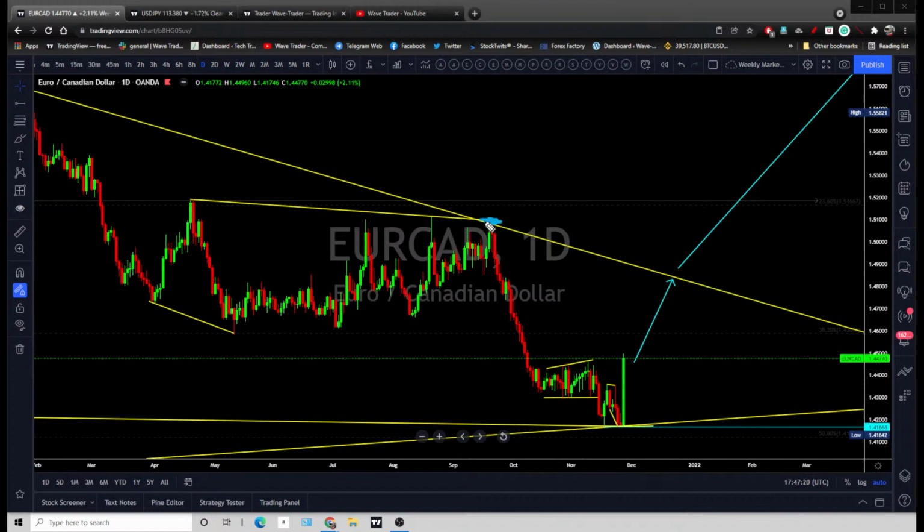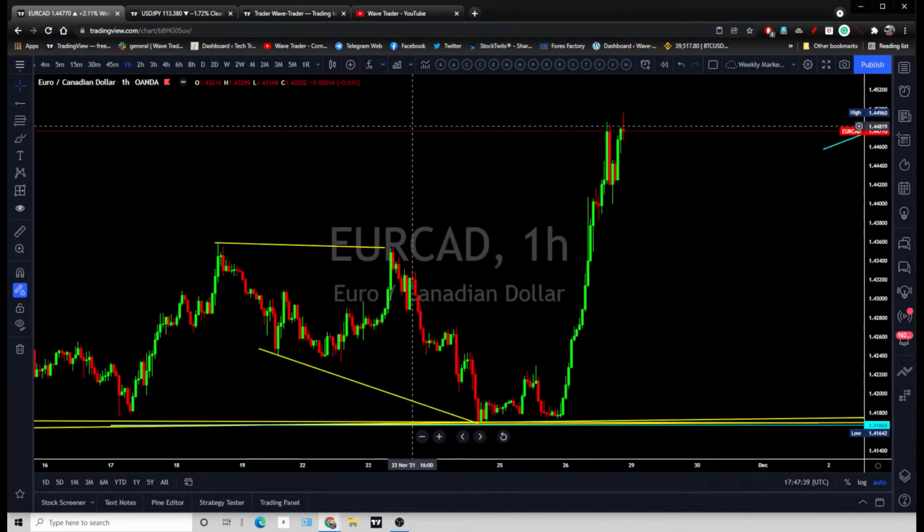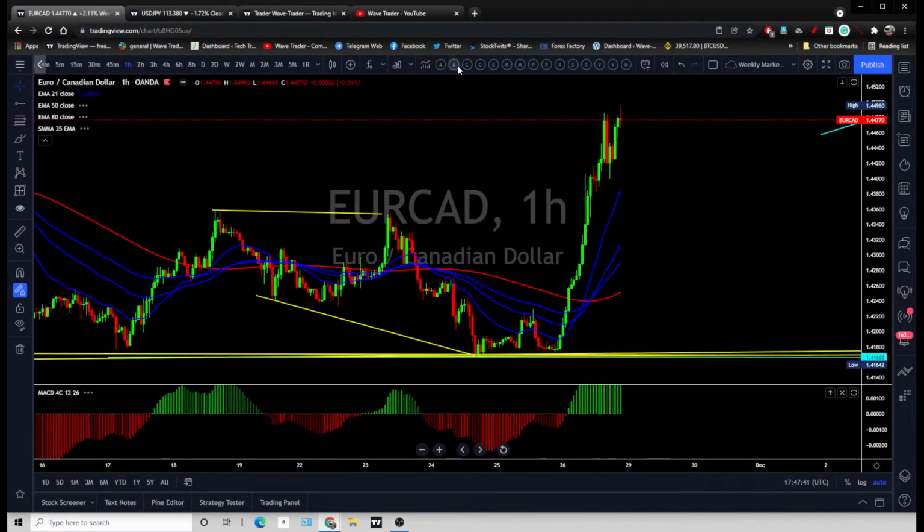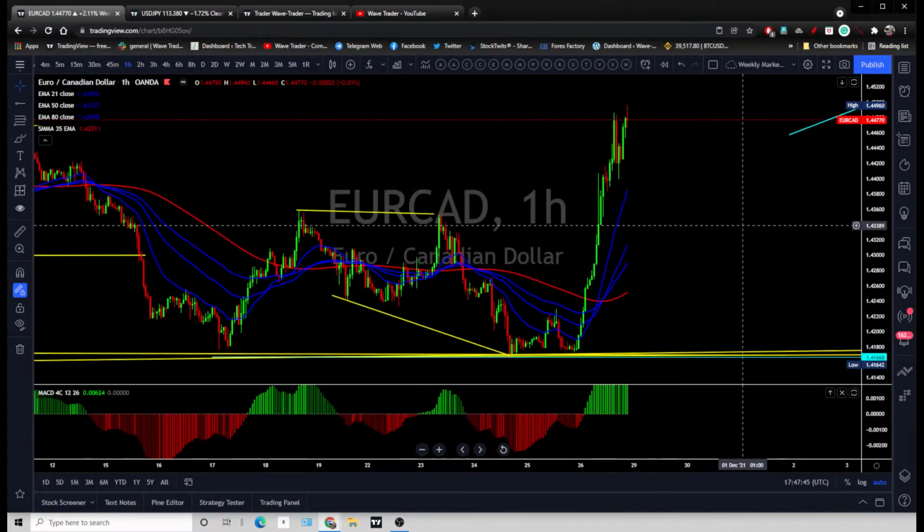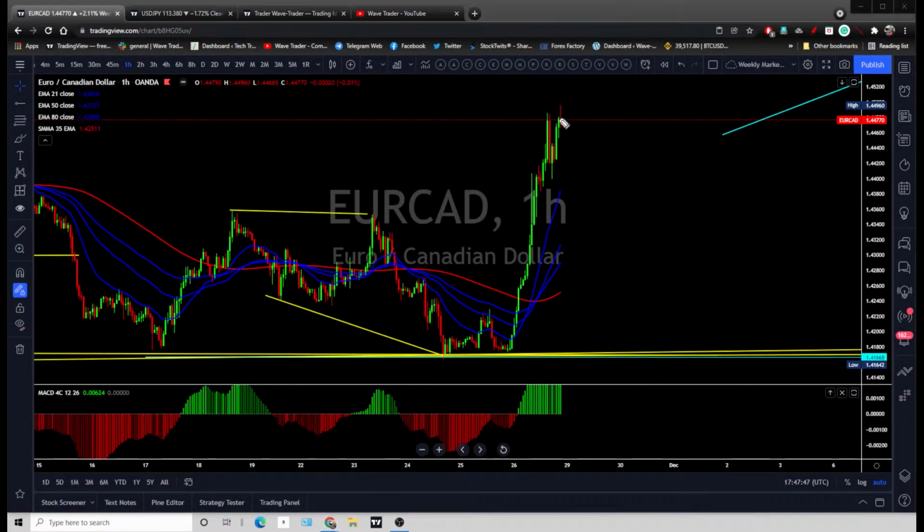That's going to be the target you are looking at on the EuroCAD for the medium term. The longer term target is much higher. Price bounced off very aggressively, and the short term target is already reached on the EuroCAD. So any pullback you see there is going to be a buy opportunity all the way back to that previous top. Or to make it more simple, let the price fall back within the moving averages. As I said, guys,